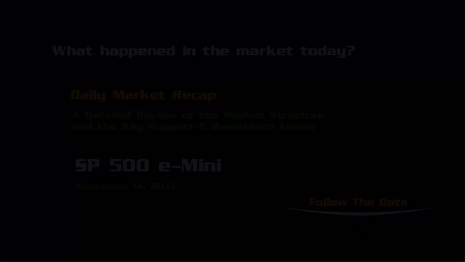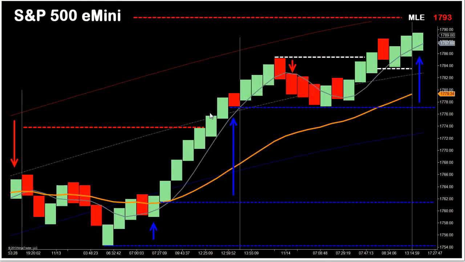2013. S&P futures have broken out above the previous multi-year high at 1774 and have auctioned up to a new high at 1789, rallying up off of Wednesday's low at 1754. The up move began at the 1762 price level, and the initial stopping point during the overnight session was